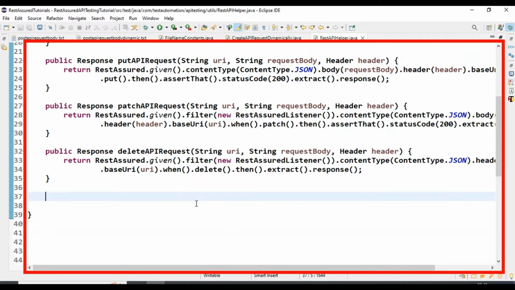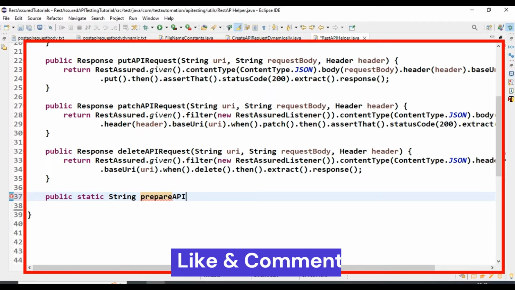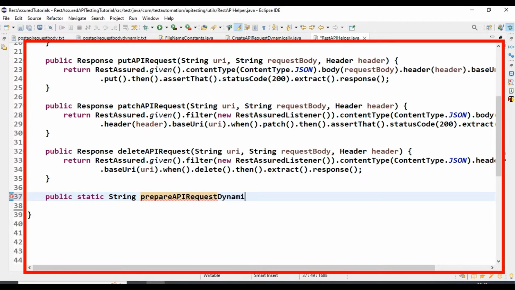So here I'm creating one simple method that will accept the original API request, and also it will accept the actual values, and finally it will return the dynamic API request body. So here I'm writing public static, and the return type as String because we need to return the dynamic API request body. After that I'm specifying the method name as prepareAPIRequestDynamically,